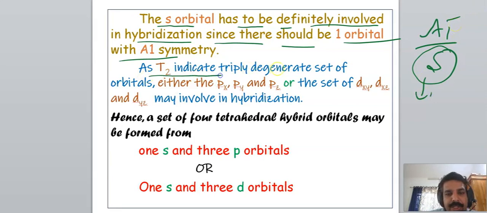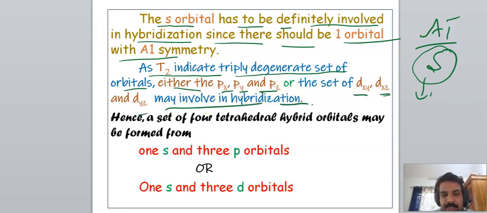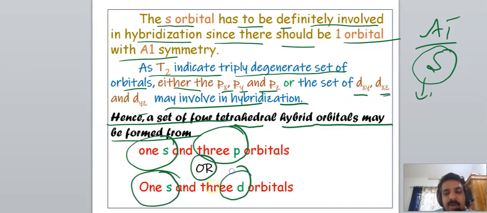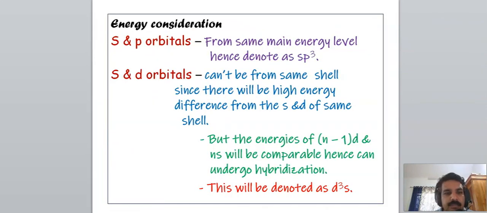And T2 indicates a triply degenerate set of orbitals. Either it be Px, Py and Pz, or a set of dxy, dxz and dyz may be involved in hybridization. Hence, a set of 4 tetrahedral hybrid orbitals may be formed from 1 s and 3 p orbitals, or 1 s and 3 d orbitals. Okay, but from the energy consideration,